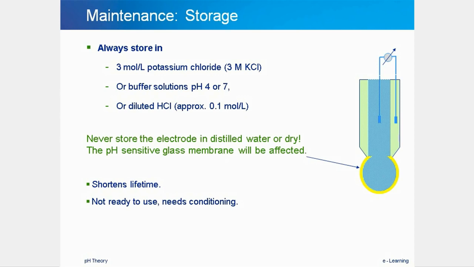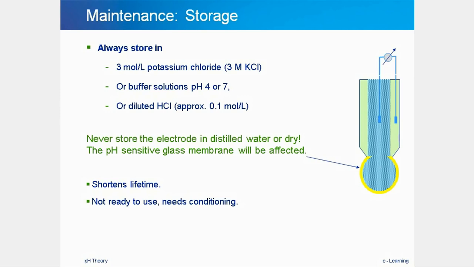The important factors for pH electrode lifetime optimization are cleaning, maintenance, storage, and possibly regeneration of the electrode. The electrode should always be stored in either the electrode electrolyte, like 3 molar potassium chloride, in pH buffer solutions 4 or 7, or in a diluted hydrochloric acid solution of approximately 0.1 mol per liter. These solutions are rich in ions and water and will not dry out the pH-sensitive glass membrane of the pH